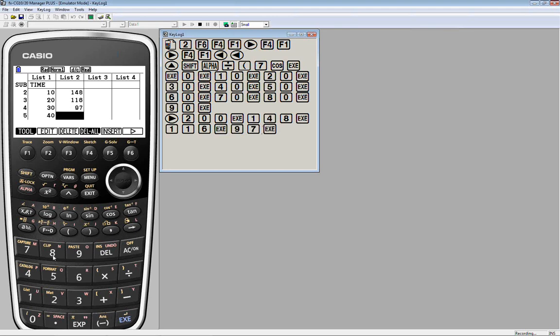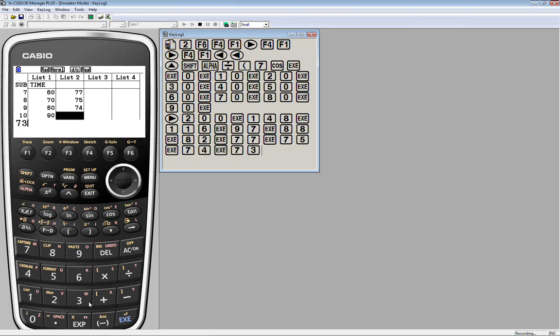The fifth temperature is 88. The sixth temperature is 82. The seventh temperature, just to glance, see that we're doing all right. This corresponds to at time 60. The temperature is 77. 75. 74. 73.